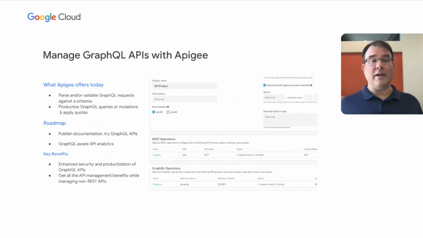That can be super valuable because if you have malicious users or developers who are still learning the API and making mistakes, Apigee can nip all of those invalid requests right in the Apigee proxy and not even let them get to your backend server, which takes load off your GraphQL engine. But Apigee can now parse that query, understand what it's trying to do, and make decisions.